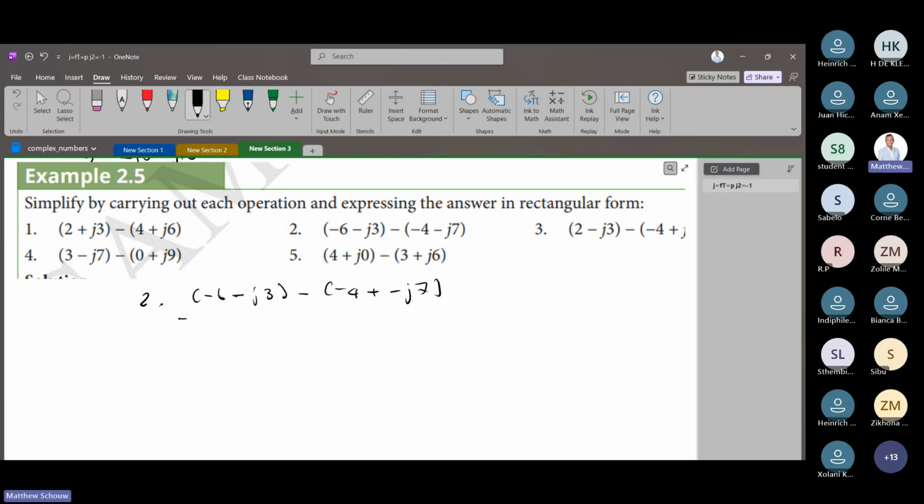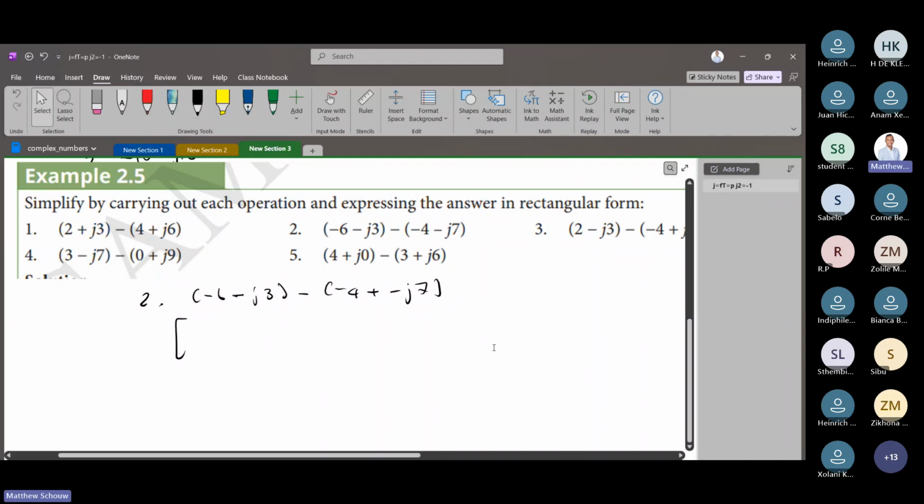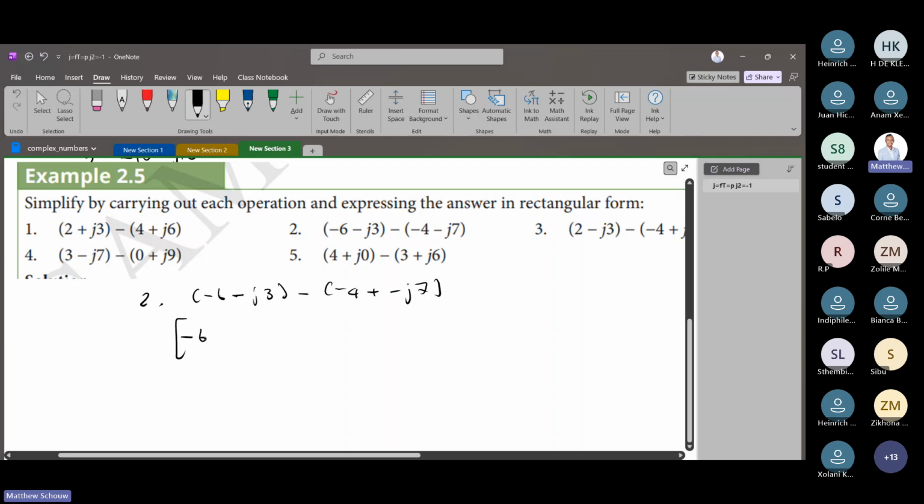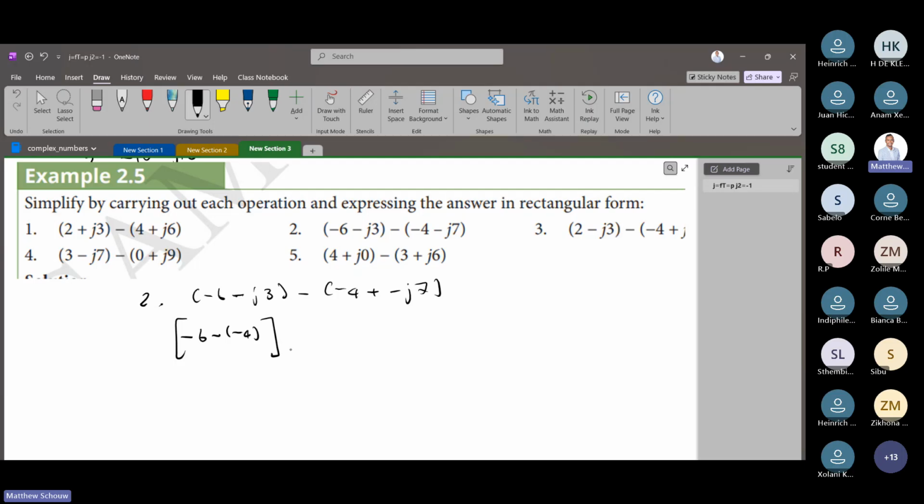So as I said, we say minus 6. Shouldn't it be minus 6 minus 4, right? Or do you guys agree with that? Yes, sir. Minus 6 minus 4, right? Okay, let me write that out quickly. Minus 6 minus 4. Obviously, we know that that's going to be a plus. I'm just doing it a bit like this. Then we're going to have our j's over here. I'll just do it like this. We're going to have